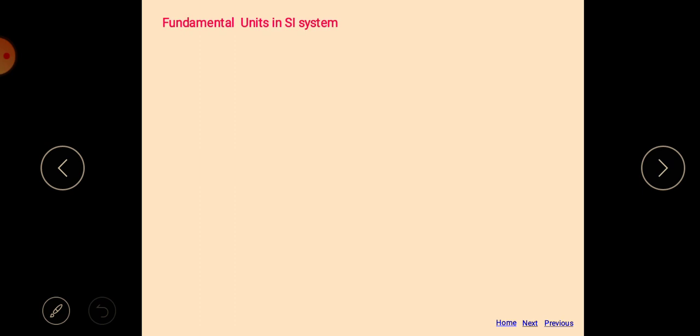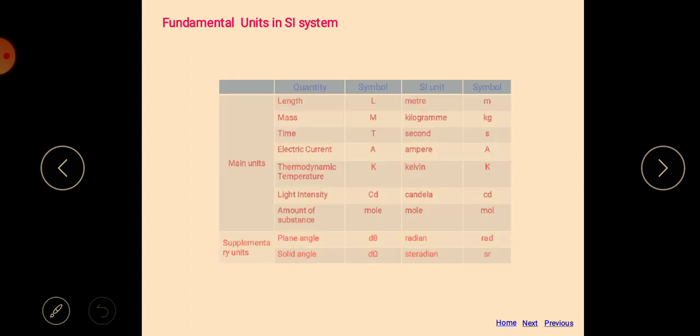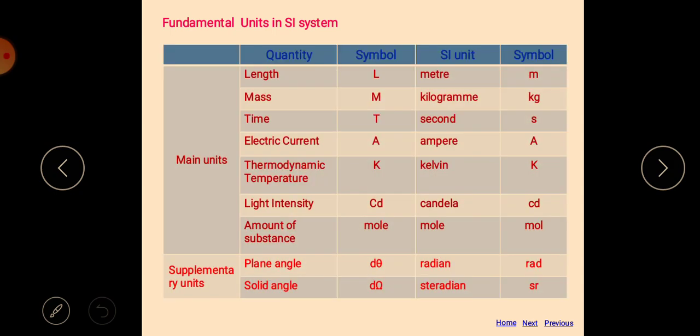Now the fundamental units in SI system. In SI system there are 7 quantities. Among them 7 are the fundamental physical quantities and 2 are the supplementary quantities. The 7 quantities are from different branches of physics such as length, mass and time. Generally these units are used in mechanics, and if we think about electricity and magnetism or electromagnetism, electric current is